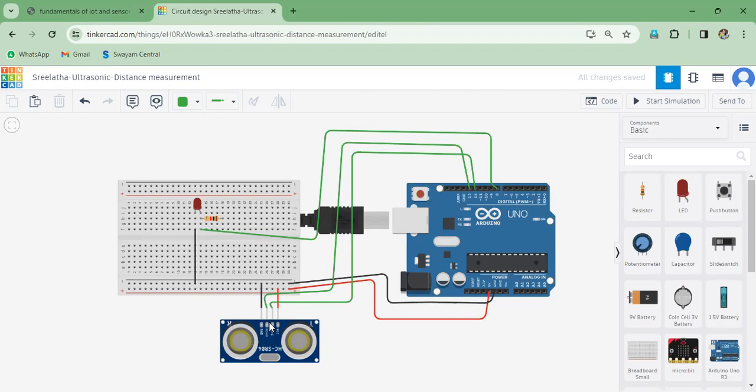Now you need to understand one thing here. The trigger signal is used to initiate the ultrasonic sensor. So from the Arduino, we are applying the trigger pin to the ultrasonic sensor. So from Arduino, the output trigger pin is applied to the ultrasonic sensor. Then the ultrasonic sensor will produce an output echo signal. That output echo signal is given as input to the Arduino so that it will operate the LED